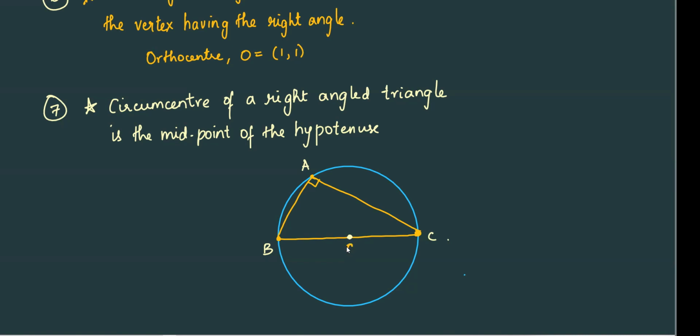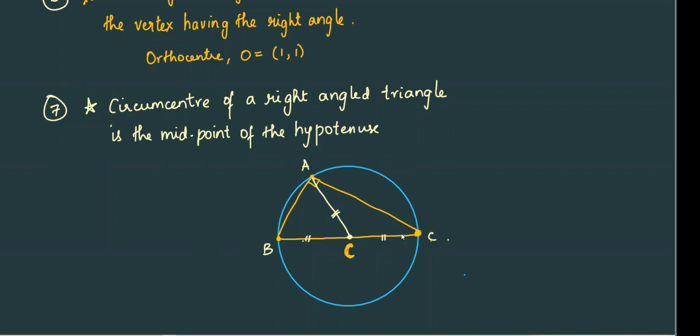We write the circumcenter by C. Don't confuse with this point C. I will use a different color. Now this center will be equidistant from B and C, and also from A. These three lengths will be equal,